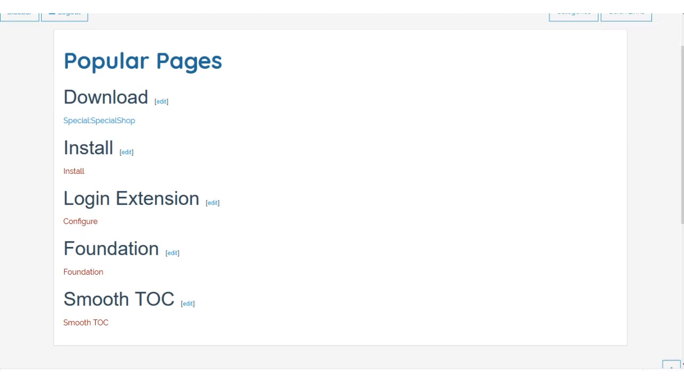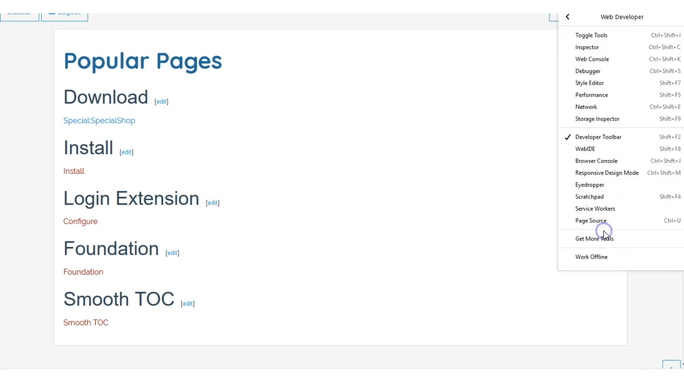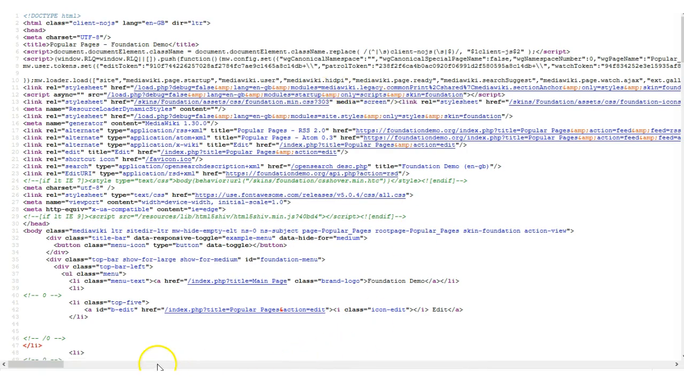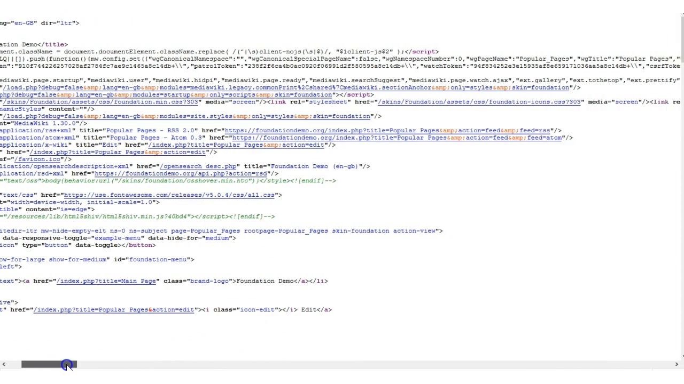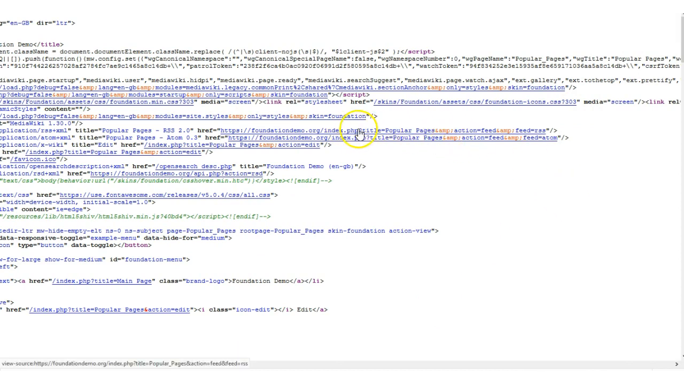we need to go to our browser and look at the page source. And what we're looking for is this little line here where it's popular pages, and then there's an RSS feed on the end of it. So basically we'll copy this here, and then